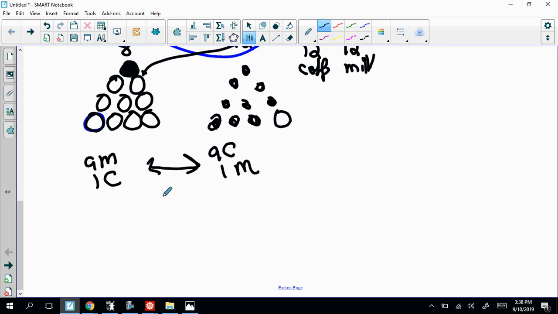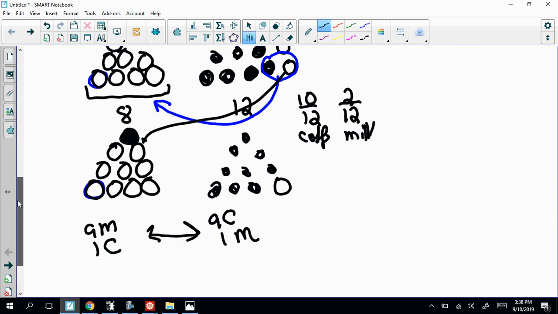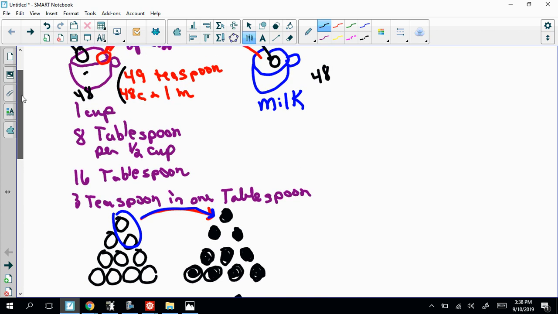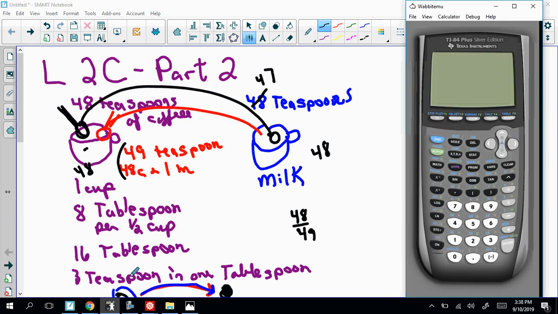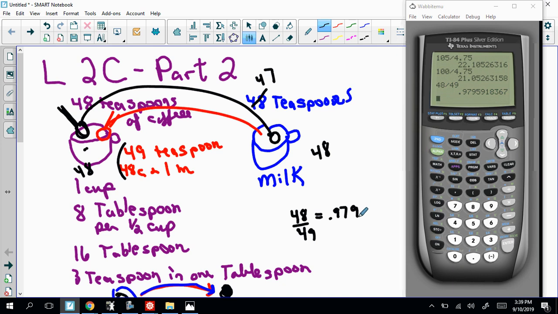I'm thinking the ratios are going to be the same. Now, when I was working it straight up, trying to solve the whole problem, what I realized is this teaspoon coming back had 48 out of 49 parts milk. So 48 divided by 49, which is 0.979 of a teaspoon